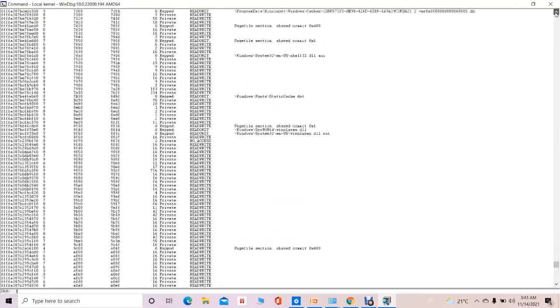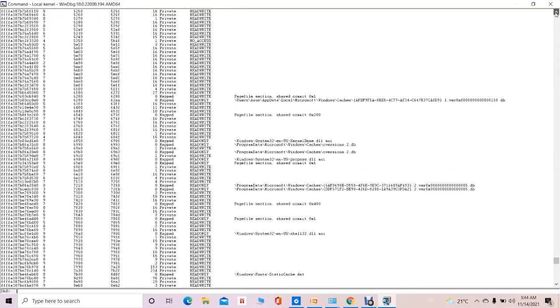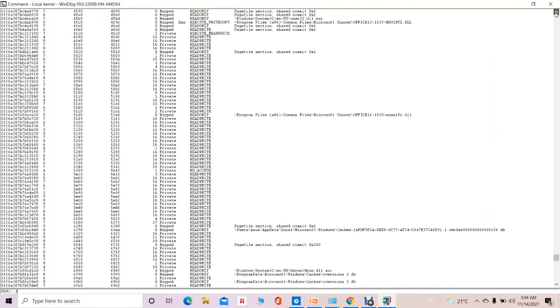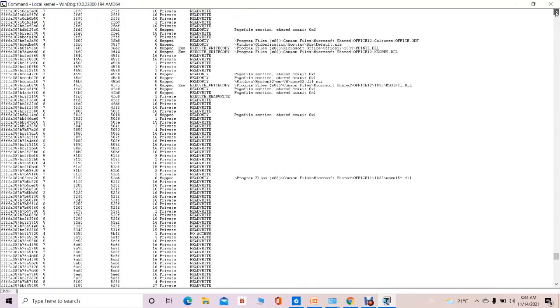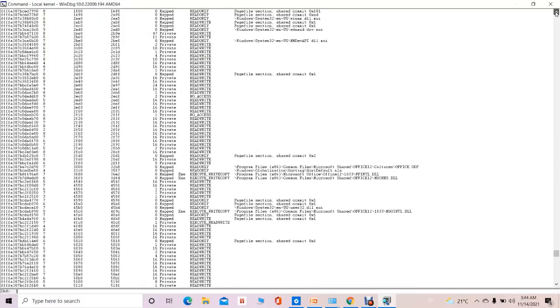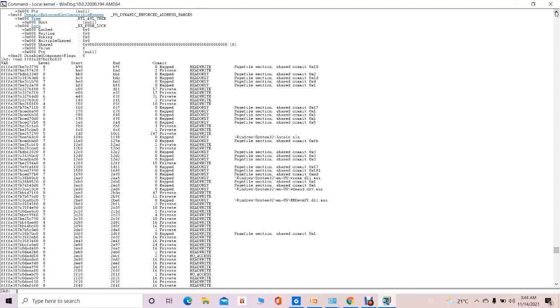We can see that many VADs are created for the PowerPoint.exe running process. We'll have to scroll up to get the PowerPoint.exe. Now we have reached the beginning of that command.